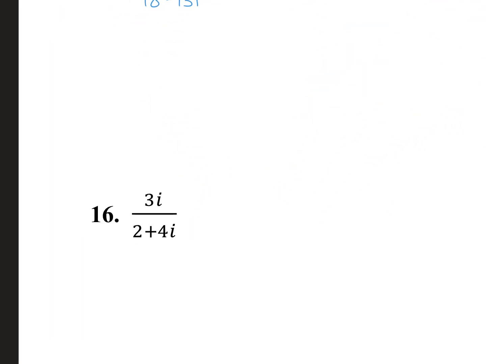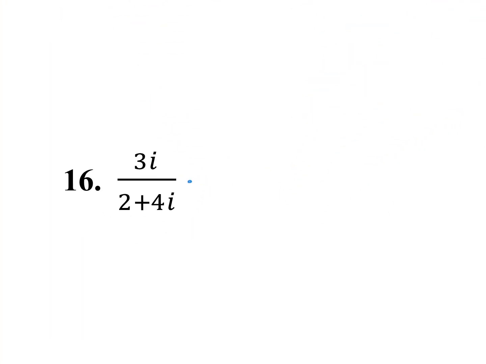All right, one more. So we have a plus bi on the bottom. We're going to multiply it by the conjugate. Keep the front the same, and the back part becomes the opposite. All right, distribute the 3i. We get 6i